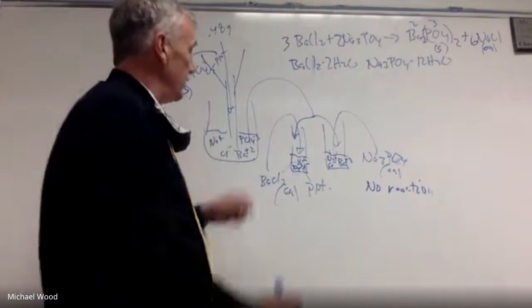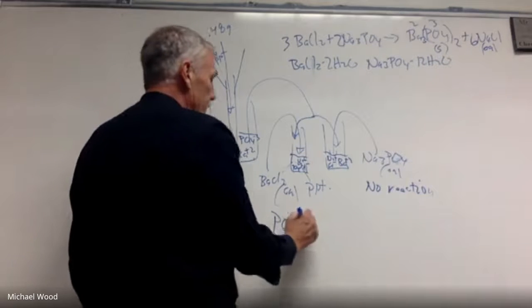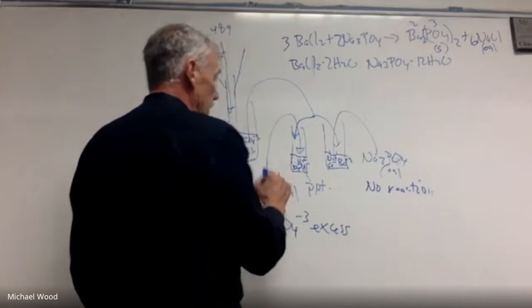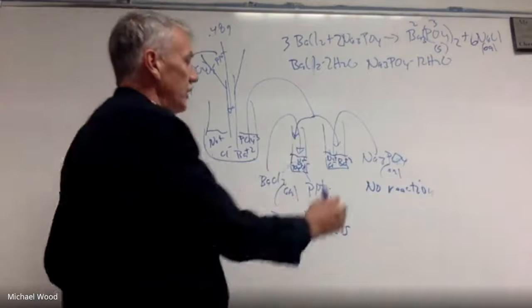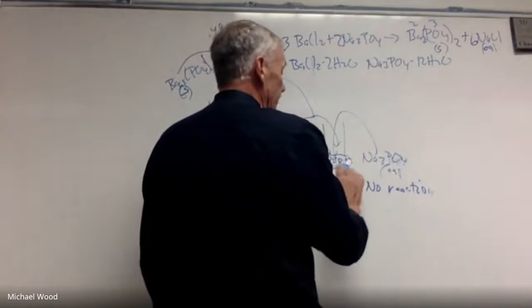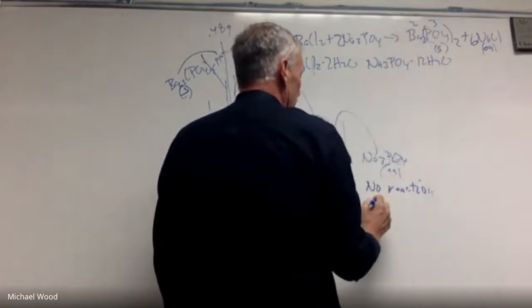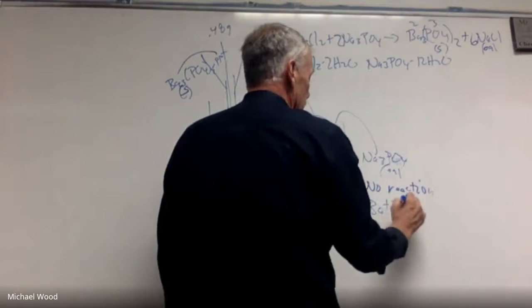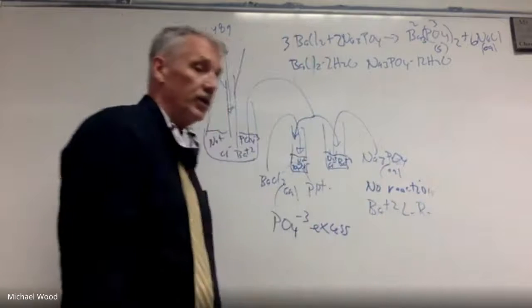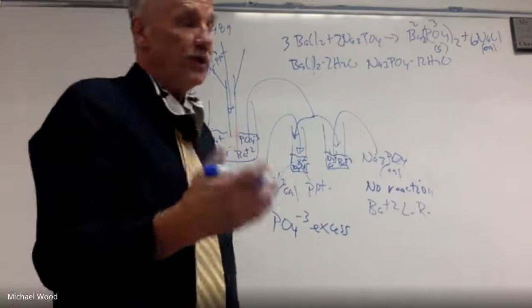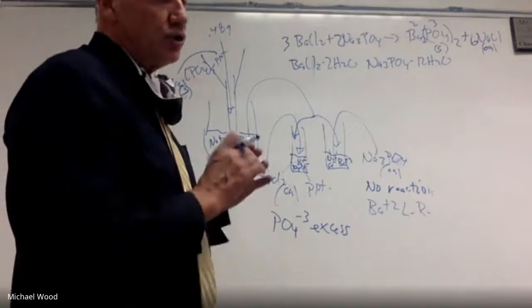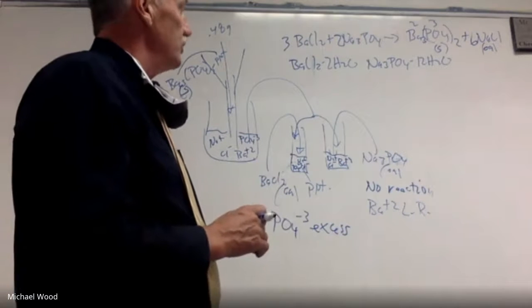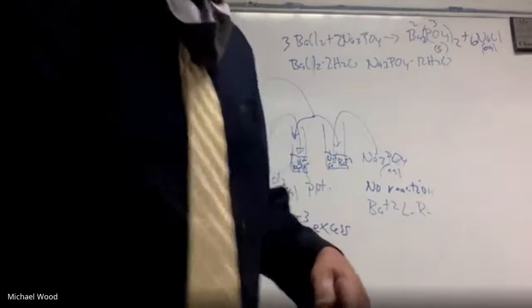So what this clue told me is the phosphate must have been in excess, because when we added the barium chloride to the solution, a precipitate formed. But here, when we added the sodium phosphate, nothing happened. We didn't get that reaction. So here, that told me that the barium was limited, was the LR. So that was the whole thing about the clue. So when the question is, what is the precipitate? The answer to that is the barium phosphate. Okay, and then it says, determine the percent by mass of each substance in the mixture. So hopefully that makes sense, and I'm more than happy to answer questions on that